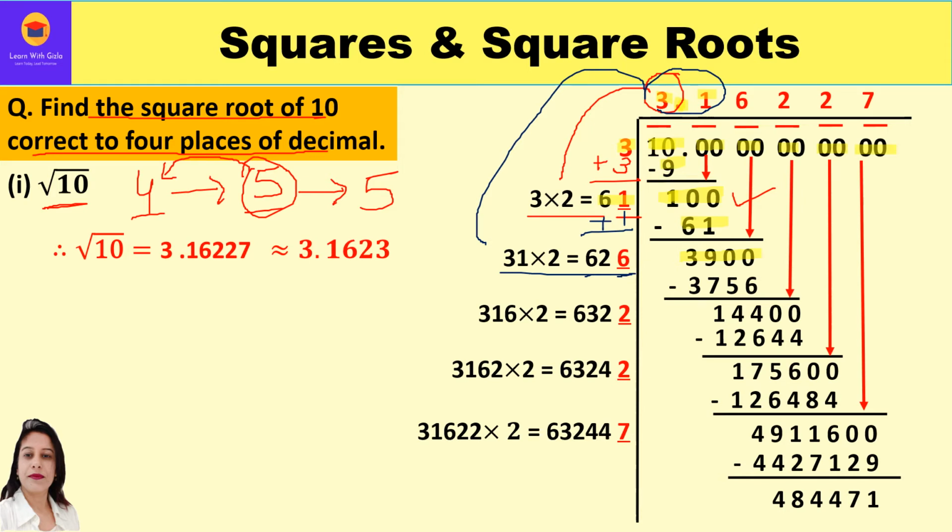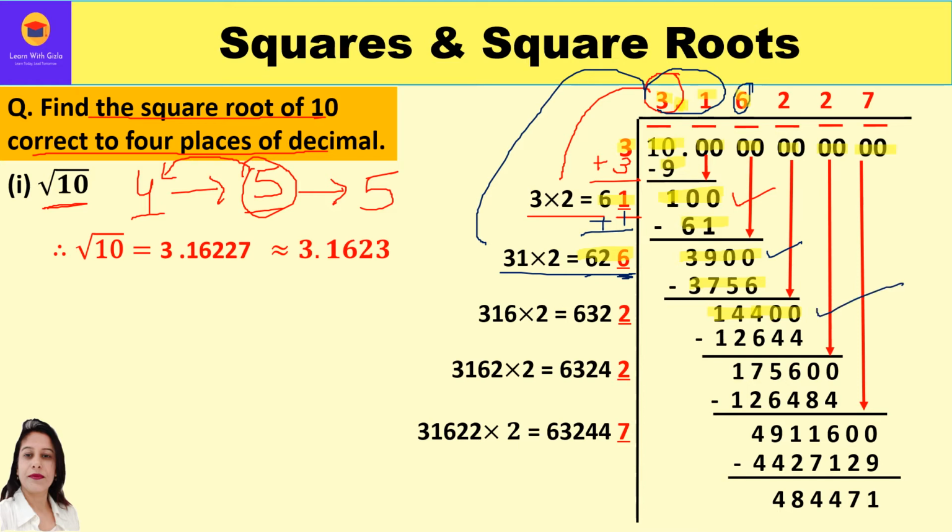The same number we will multiply in the quotient to get a product which is less than or equal to 3900. So we got a suitable number, that is 6. So we can say that 626 is our new divisor. Quotient is 6. The product is coming 3756 and the difference is 144, right? Now bring down the next period, 0, 0. So now new dividend which we have is 14,400.